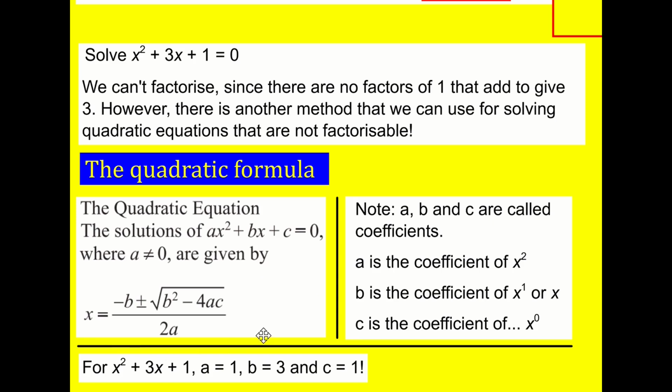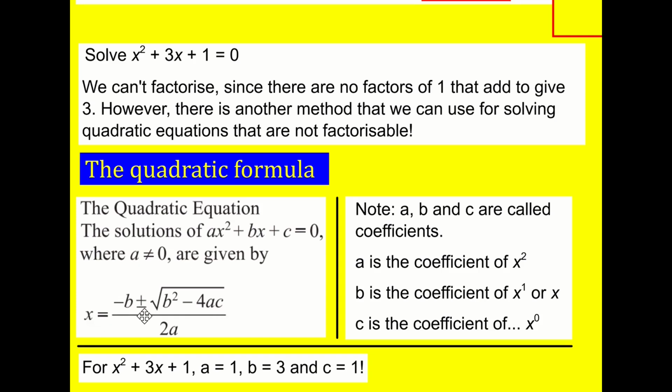But we're going to start off by learning how to use this formula, and then once you're familiar with it, we're going to do the maths that allows us to obtain the formula. It's really interesting, but I think it's best to look at the formula first. So hopefully that makes sense. You've got to trust me, I suppose, that this does work,